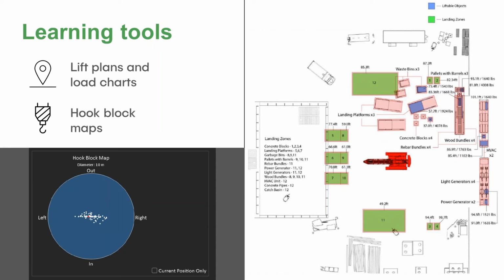And what you see over here on the lower left-hand side is a hook block map. So we create a little icon. We'll drop a little tiny dot every 1 second. And what that represents over a 3-hour scenario, 1-hour scenario, half-an-hour scenario is kind of your ability to control the hook block. Was it always plumb underneath the boom tip or not? And it's just kind of one picture that encapsulates the productivity or the efficiency of the operator. So we're always trying to think of one way to encapsulate behavior. We put the hook block maps on the cranes.